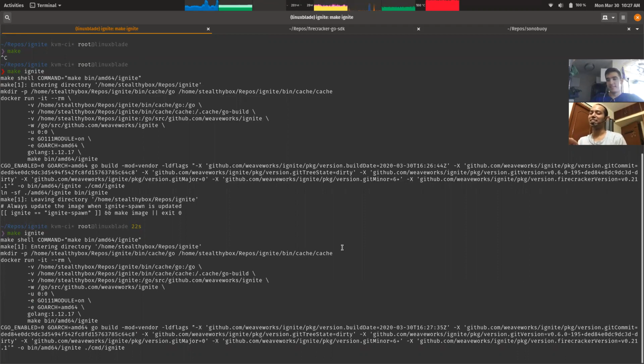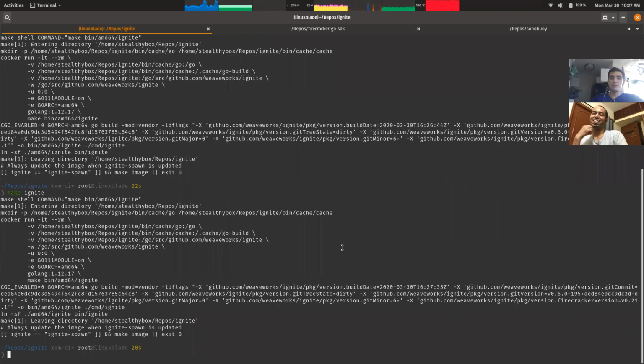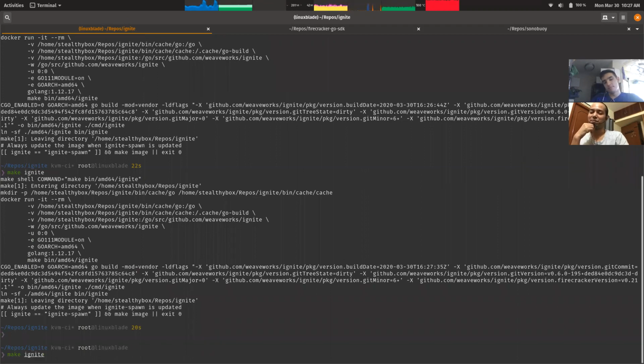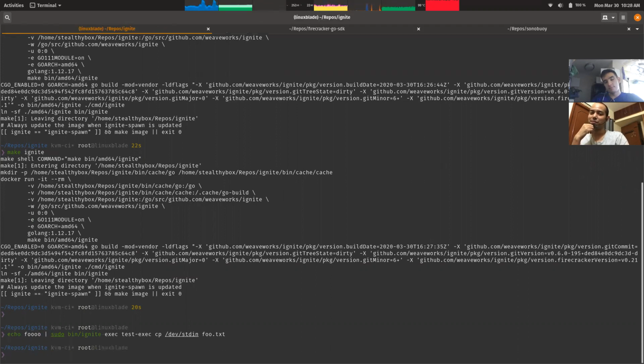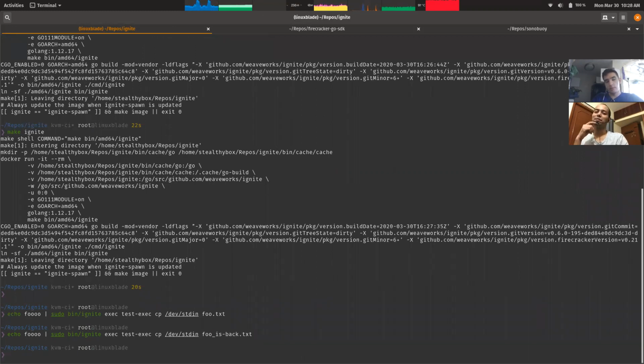So you think this would work? This should work. I don't see why not. Yeah, it seems to work. I think the reason that you were seeing it not work is because of the TTY. Possible. But yeah, so let's make a new file, right? Foo is back. And we'll just